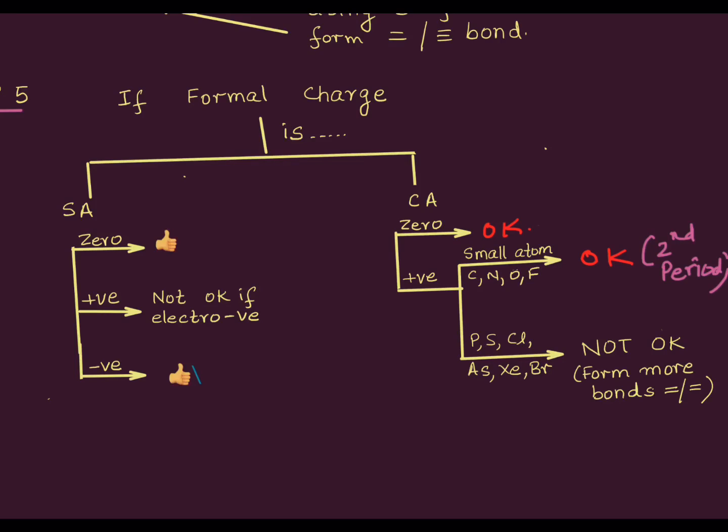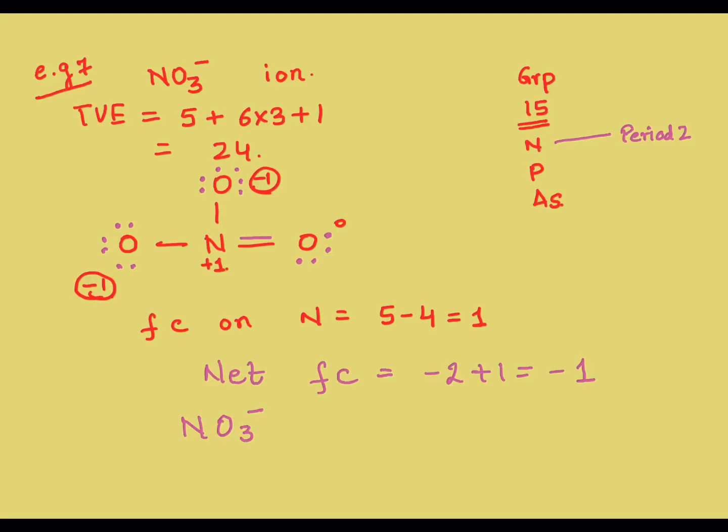I know we can't make everybody happy, but for a small atom, it is okay to have a positive charge on the central atom, but not okay if it's a big fellow whom we know can accommodate more. I hope I am not confusing you. Did you get a well done here?